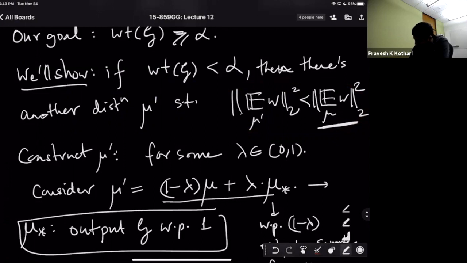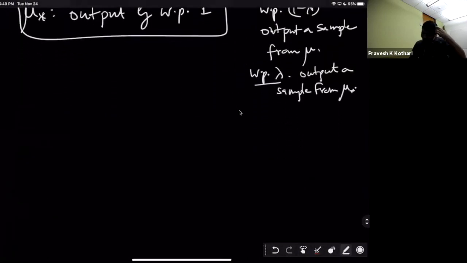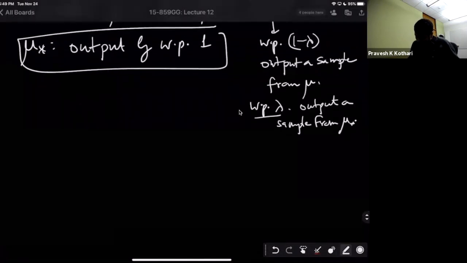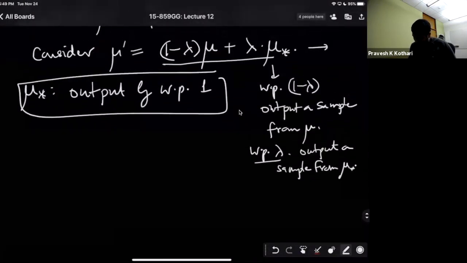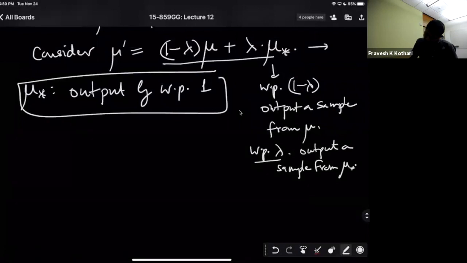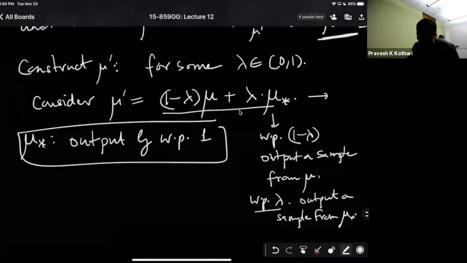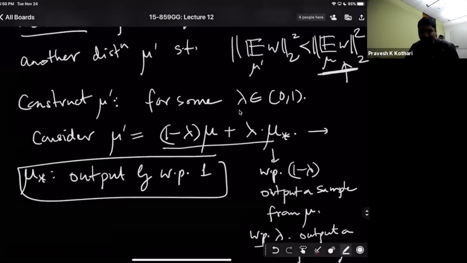Okay, good. Let me not do the rest of the proof right now. Let me just stop here. I've given you some idea that I can mix and show that there's a non-zero lambda. At this point, what I'm going to do is write down an expression for mu prime, take a derivative with respect to lambda, set lambda to 0 in the derivative and argue that it is negative. That's what I'm going to do, take the derivative of this function as a function of lambda.